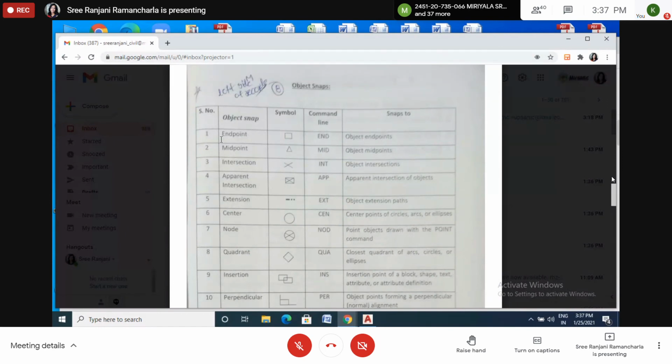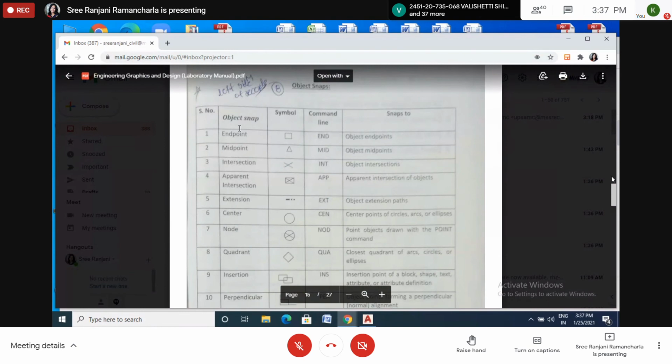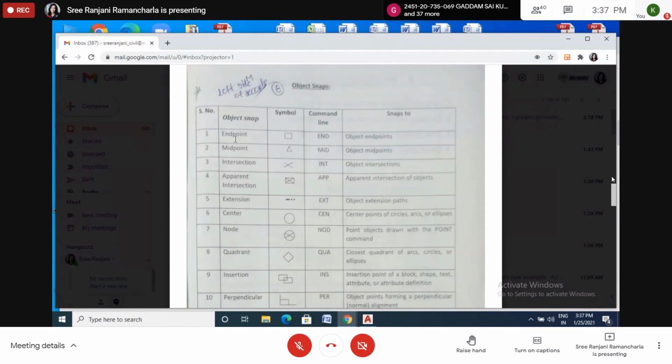If you keep a tick mark here, next to endpoint there is a box. If you make a tick here, then it will show the end points, like I have shown you, one green square mark. A tick shows at the end points. If you don't select a tick mark here in the settings, then at the ends it will not show this green square. Okay.